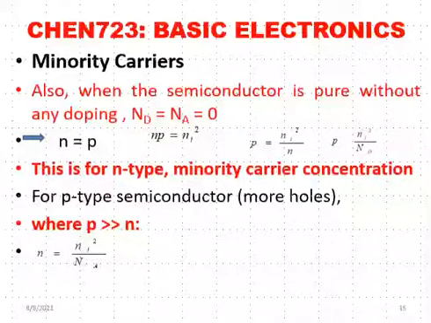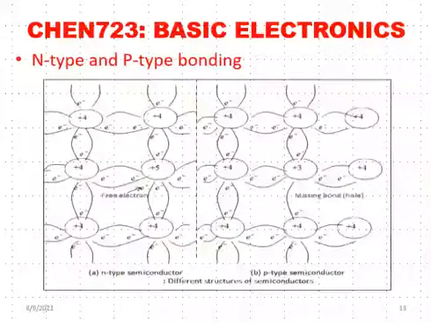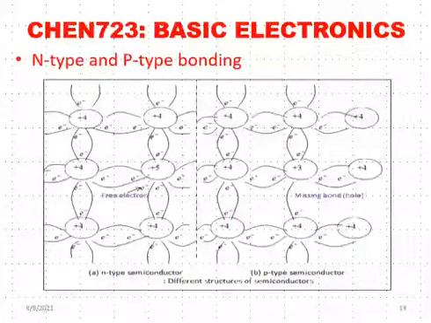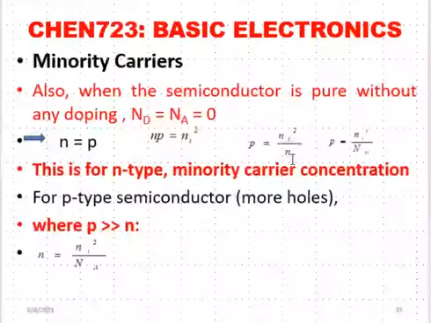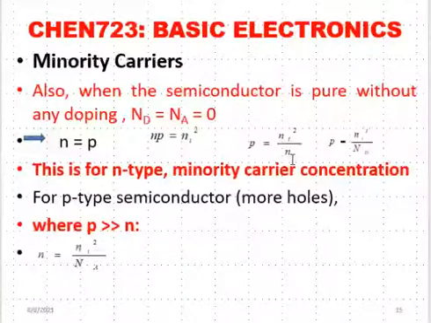Now let us talk about what we call the minority and the majority carriers. If we go back here where we introduce group 5 elements, as I told you, 4 out of the 5 valence electrons are shared by the 4 neighbors, and we have an extra electron. So it means we have more number of electrons than required. So even when the bonds have been broken, you find that electrons will be more than the holes, because we already have existing free electrons before the breakage of the bond. So let us look at minority carriers, and of course it means there are majority carriers.